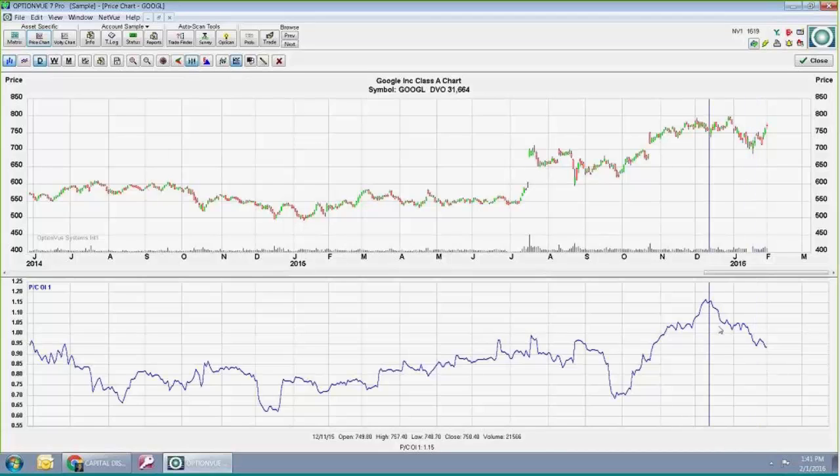Back here in about December, here's where it first dropped below 1, January 20th. So for quite a while, from January 20th back to 10/28, it's been higher than 1 for the put-call open interest ratio.